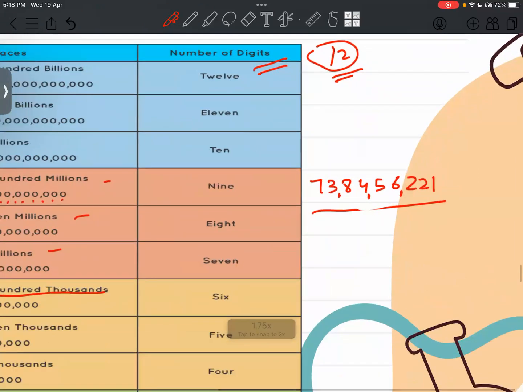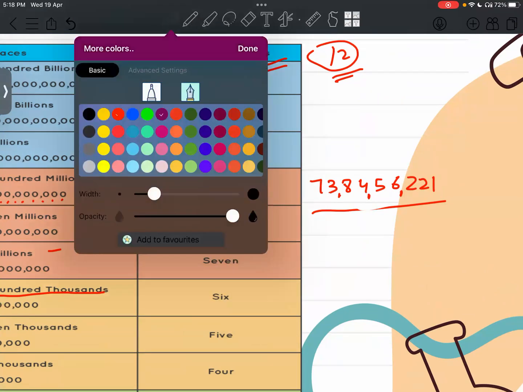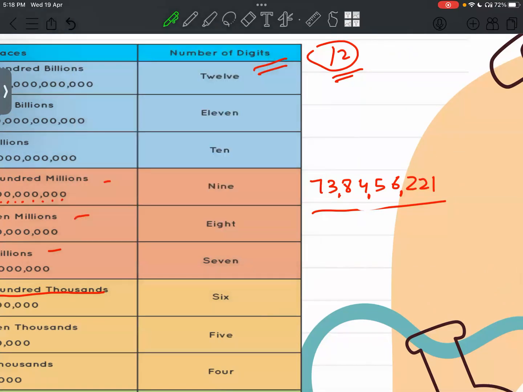Let's count the place value as per the Indian numeral system. This is ones, this is tens, this is hundreds, this is thousand, then ten thousand. Then what? Lakhs, and then crore. Exactly. So 73 crore,